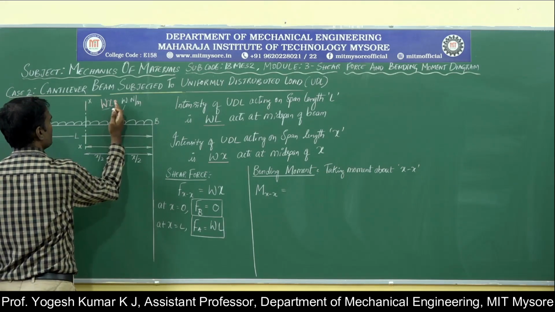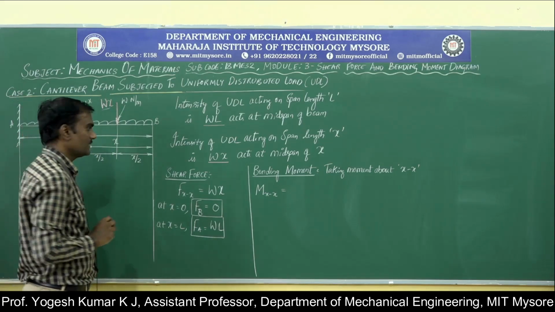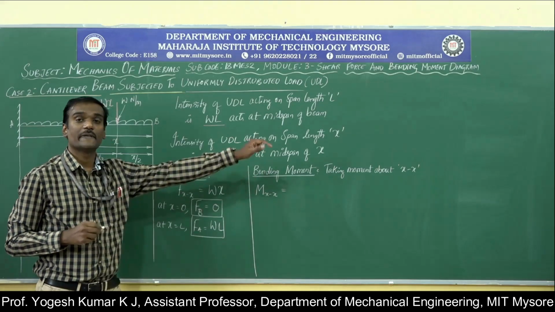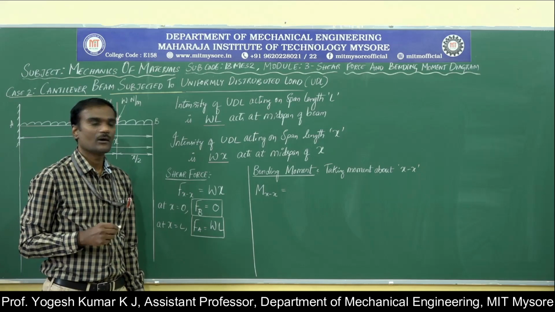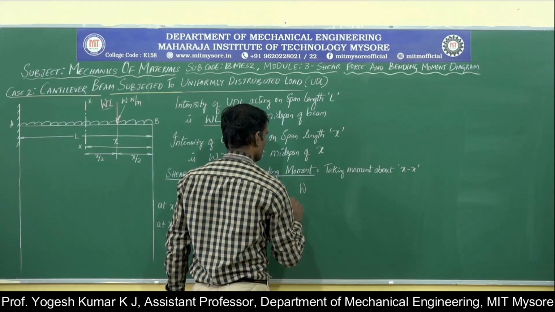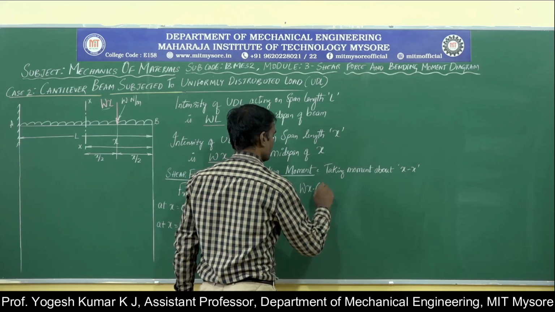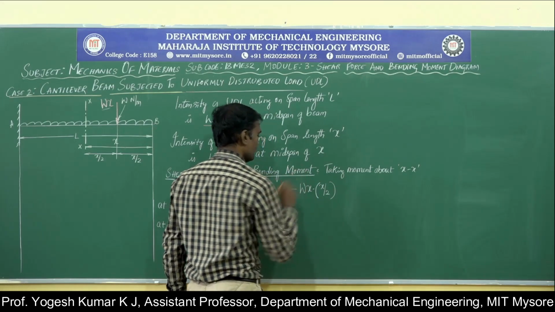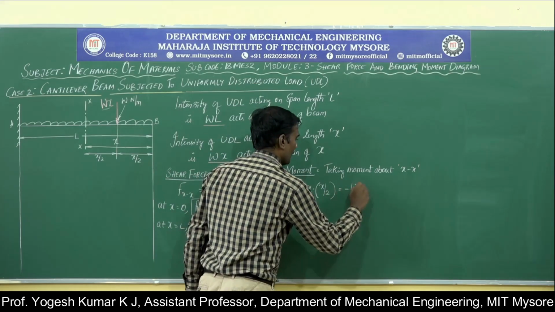We have a force here, and the distance from this point to the section xx is x by 2, and it is a clockwise moment. Clockwise moment is positive, but the effect is hogging, and if the effect is hogging, it will be a negative value. Wx is the force, and the perpendicular distance is x by 2, and the entire value is negative. So we get it as minus W